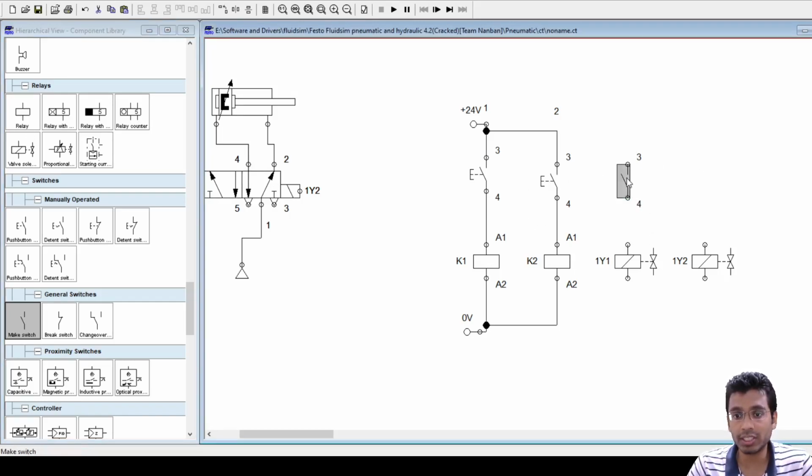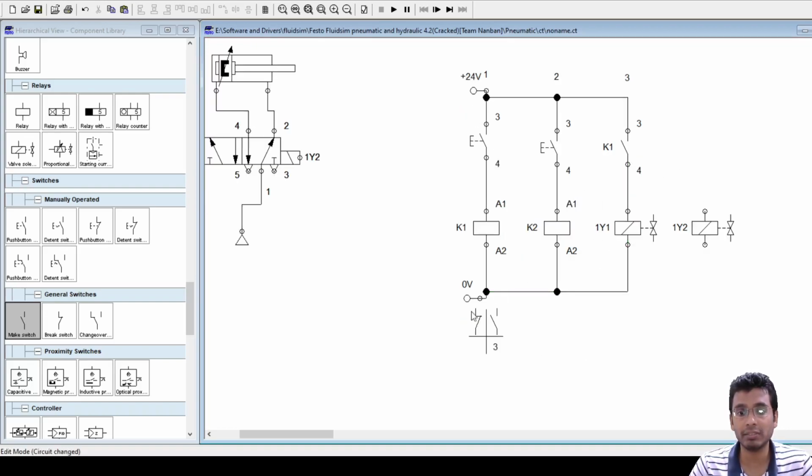Okay. So if you double click on this, you can just name it as K1. That means now this make switch has become a normally open contact of the same relay K1. Okay, fine. And you just do the connections here. Connect this to my solenoid wire 1y1. And from 1y1 again I am connecting it to this position. Notice one thing, the moment I did this K1, what appeared here? What appeared here just below this? Anyone?